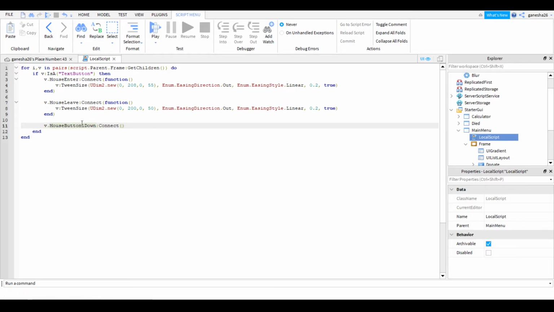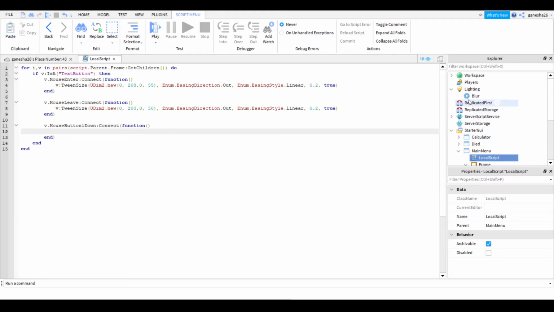It's dot mouse button 1 down. Then we're going to connect the function, and oops. And inside that function, all we're going to do is just, oh yeah, we're just going to do